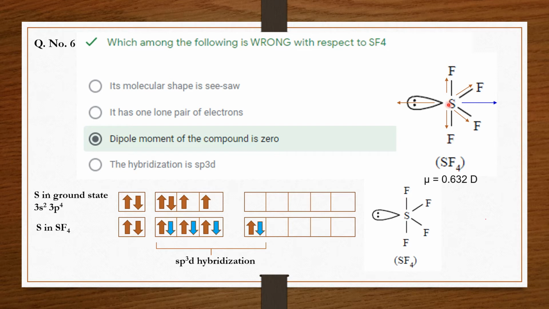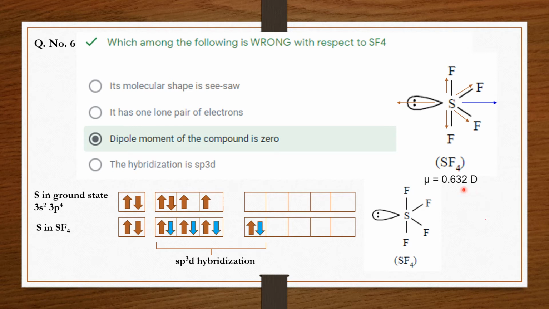But since these two are exactly opposite to each other, the dipole moment will mutually cancel for these two axial fluoride ions. But in the case of equatorial, these two fluorine ions will create some dipole, and the net dipole moment will be in this direction, which is exactly opposite to the dipole created by the lone pair. But these two dipole moments will not cancel mutually because the magnitude is not the same, so it will have a net dipole moment of 0.632 D.